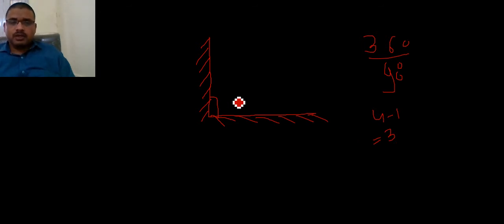I just want to make sure that the number of images we can find here is 3, but I will show only one image now, and the other images I will show in the doubt classes, where I will draw these three images on the board. Now suppose that this is the object,